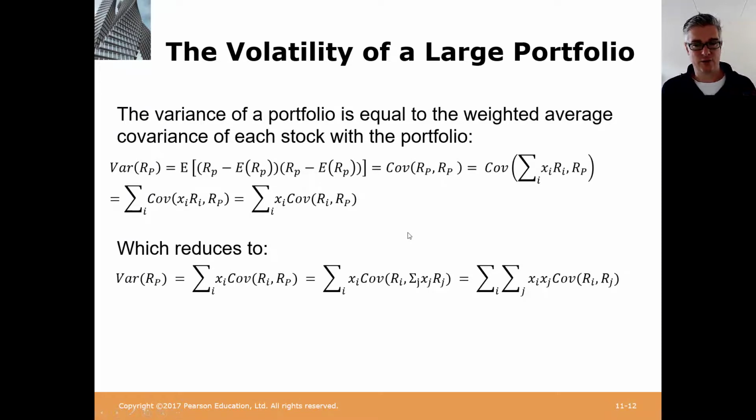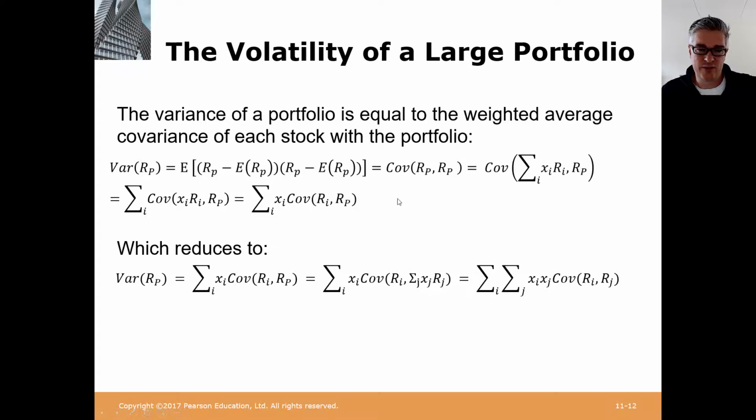So the variance of the portfolio is the sum of how the individual shares co-vary with the returns of the portfolio. I can also write this out a little bit further. So if I take the sum of xi times the covariance of Ri and Rp, I can